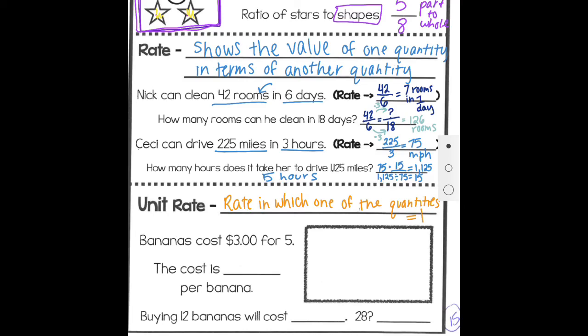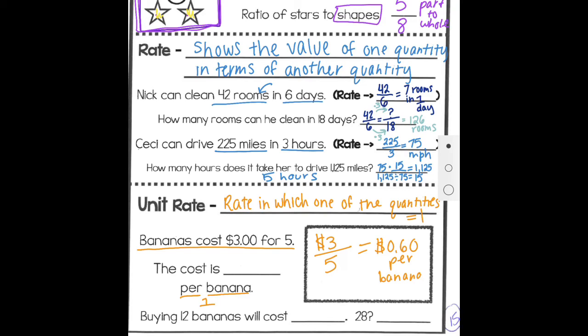So for example, it says bananas cost $3 for 5, and we want to find out the cost per banana. So for one banana, that would be the unit rate. So we're going to take $3 per 5 bananas. I wrote it as a rate, and now we just have to divide to find that unit rate. So 3 divided by 5 ends up being 60 cents per banana,